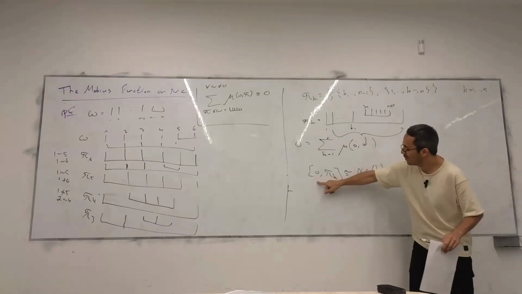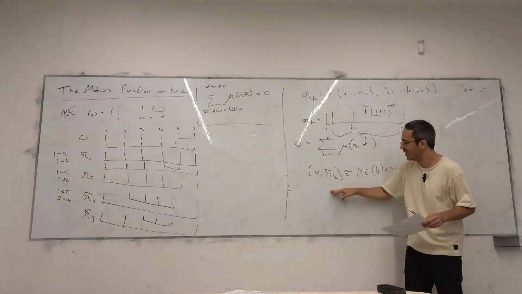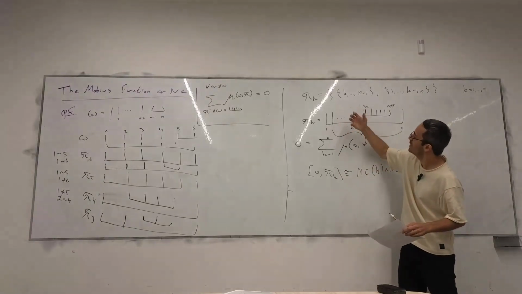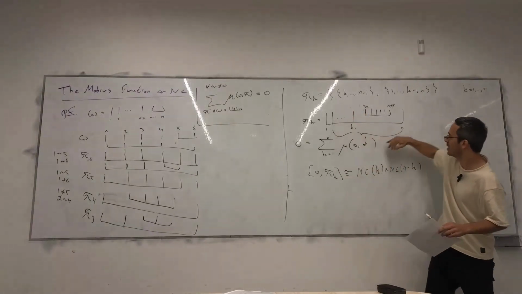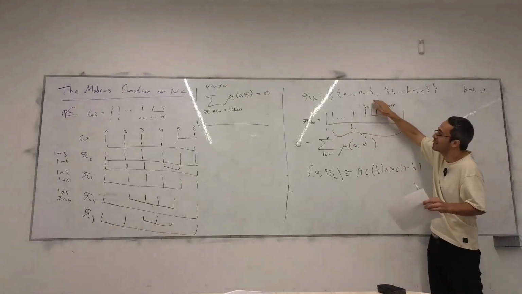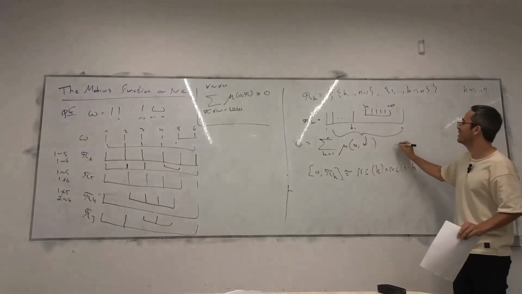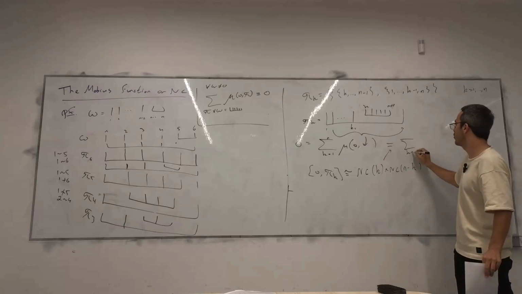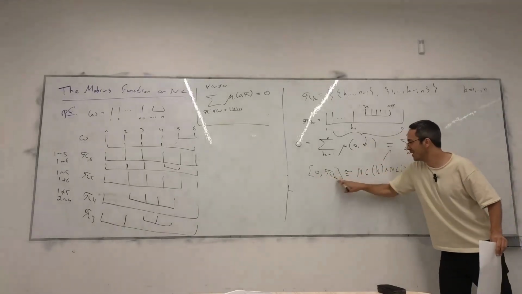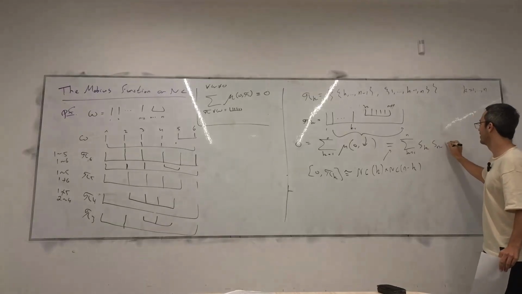Right? Because again, every partition here, everything is the non-crossing set. Every non-crossing partition here is obtained by specifying a non-crossing partition of length K and using it here, and a non-crossing partition of length N minus K and using it here. Right? That's all the non-crossing partitions that are below this thing. Good. So what does that tell us? So you have K goes from 1 to N, and then we know that mu of the interval, mu of 0 pi K is like the mu of this times the mu of that. Exactly.